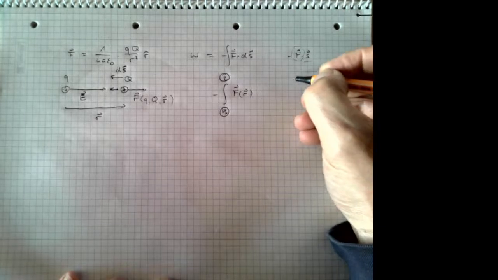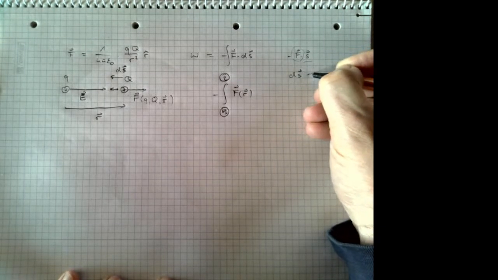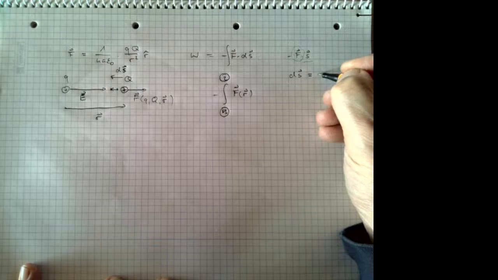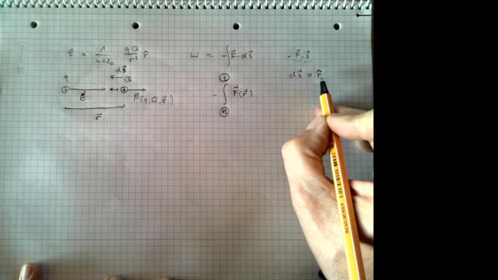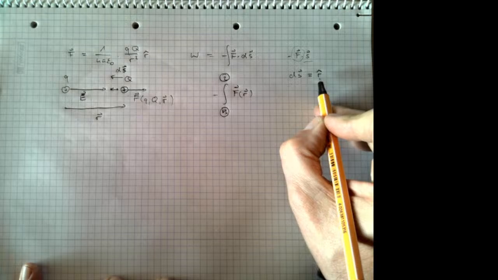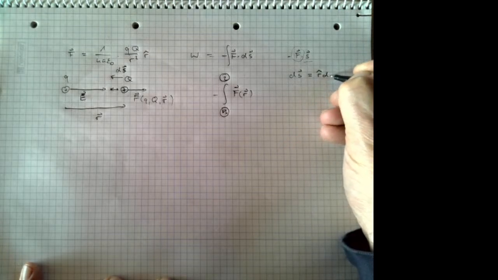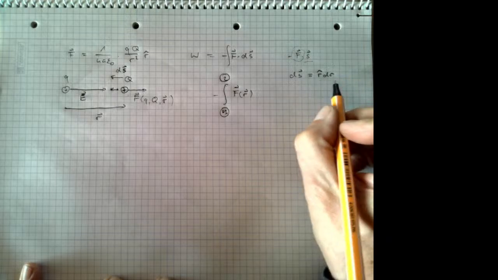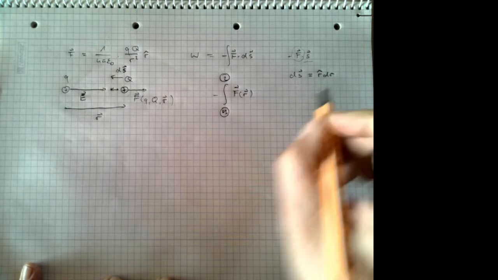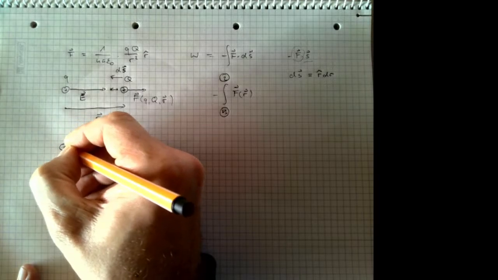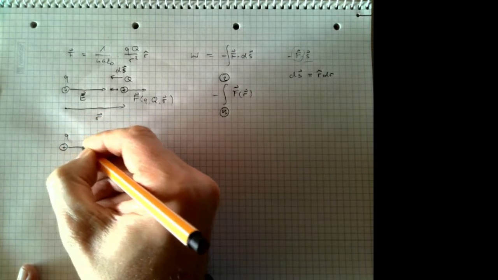And now this ds, this displacement, the one we choose now, is we say, okay, our displacement is in the direction, so it's parallel to r, in the direction of r, and the absolute value, so the magnitude of our displacement is dr, which means, so for example, when you have your charge q, which generates a field,